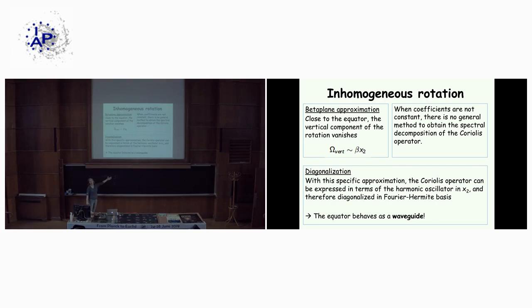Okay, x1, you have no specific occurrence of x1 here, so the coefficient doesn't depend on x1, so you can use Fourier in x1. But in x2, what you will have to do is to use the Hermite function. Okay, so the harmonic oscillator, and it happens that in this specific basis, you can diagonalize the operator, and then you get